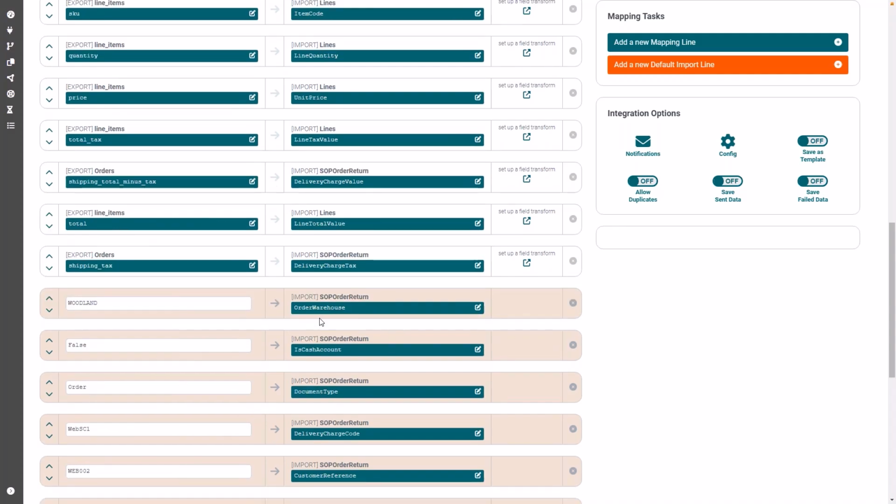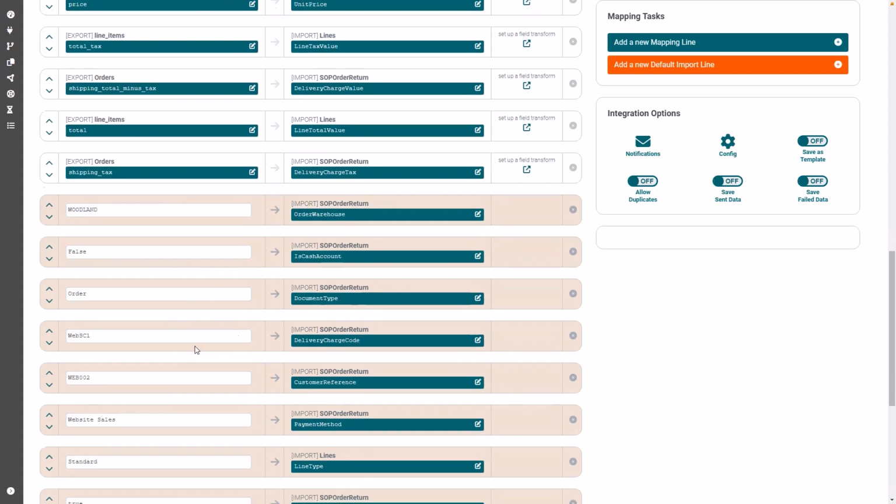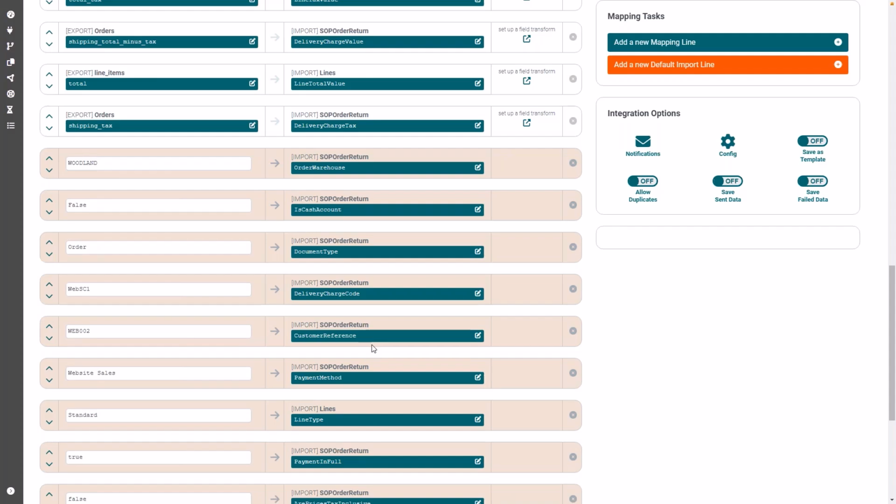So here on this integration, we are mapping to everything coming on these orders are going to be supplied by the Woodlands warehouse. It's an order. We're using the Web SC1 charge code. In this specific integration, all the orders are going to go into Web 002 sales ledger account. So this is likely to be a consumer website where all the orders are going into one